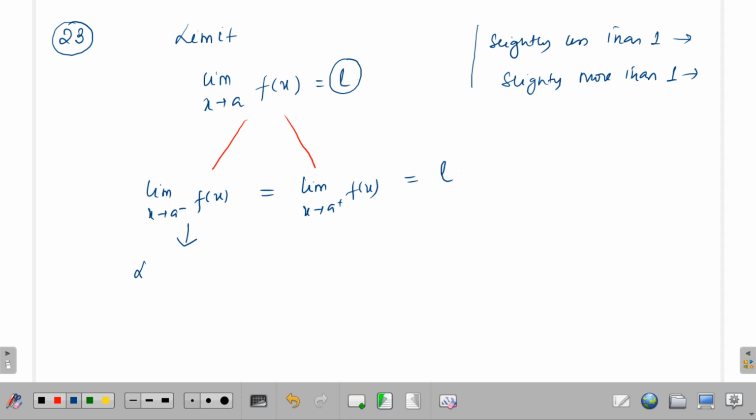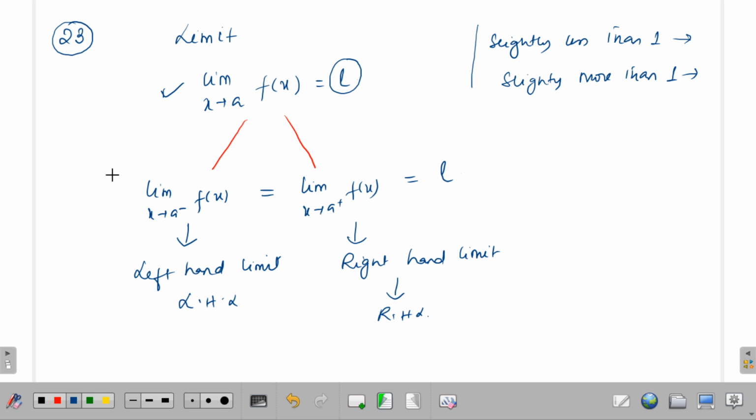This one is known as your left hand limit, which in easier terms we're going to write as LHL, and this one is known as your right hand limit, which in easier terms will be nothing more than your RHL. So if I combine everything, this and then this, we can say from these two that is the definition